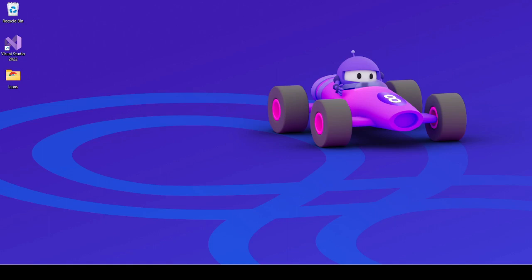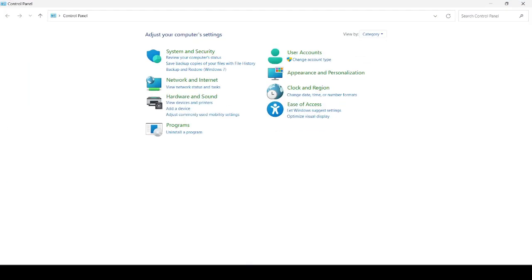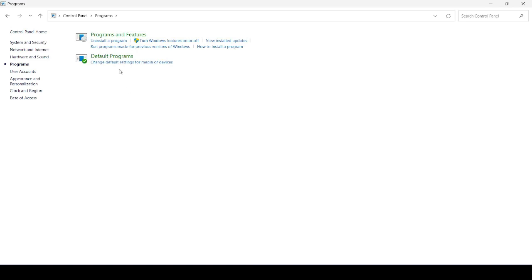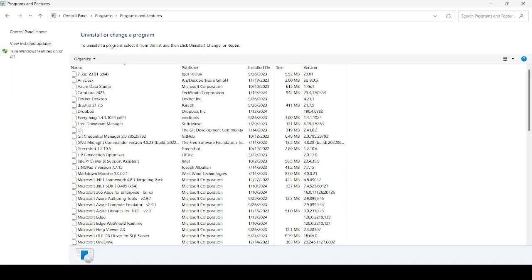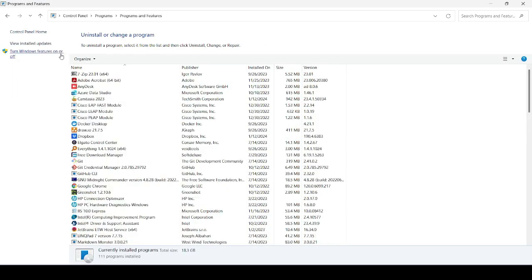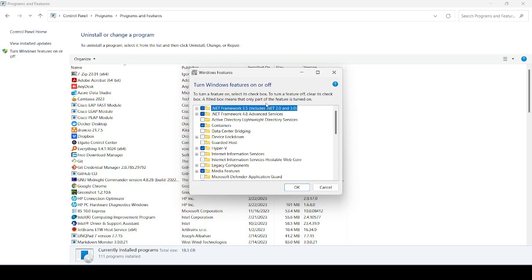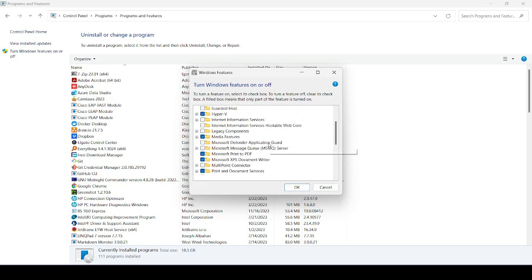So the first thing you need to do, you need to open Control Panel, and you go to Programs and Features. Then you go to Programs. Once you go to Programs, you can click on the Install or Uninstall a program, and then on the left you have the link to turn Windows features on or off. Once you click Turn Windows features on or off, you need to scroll down to where we have the IIS,